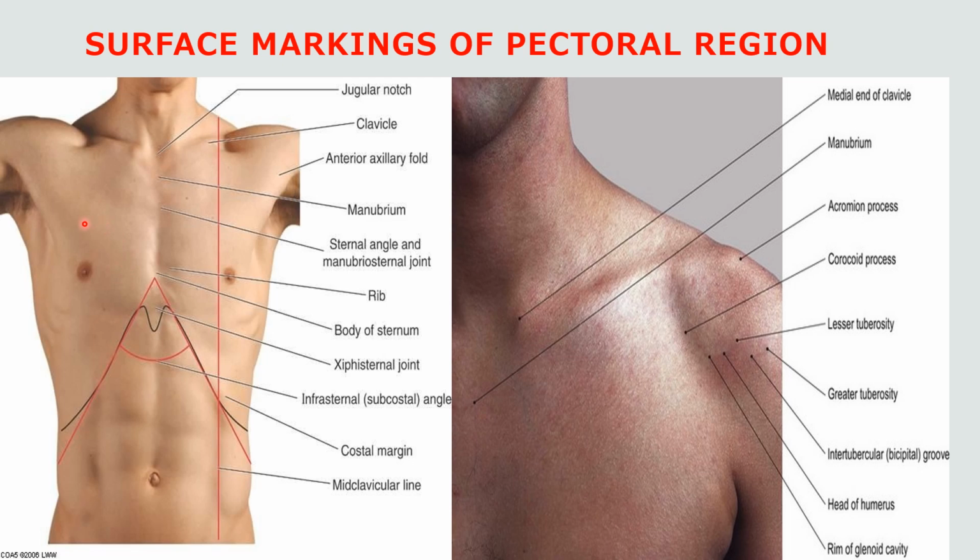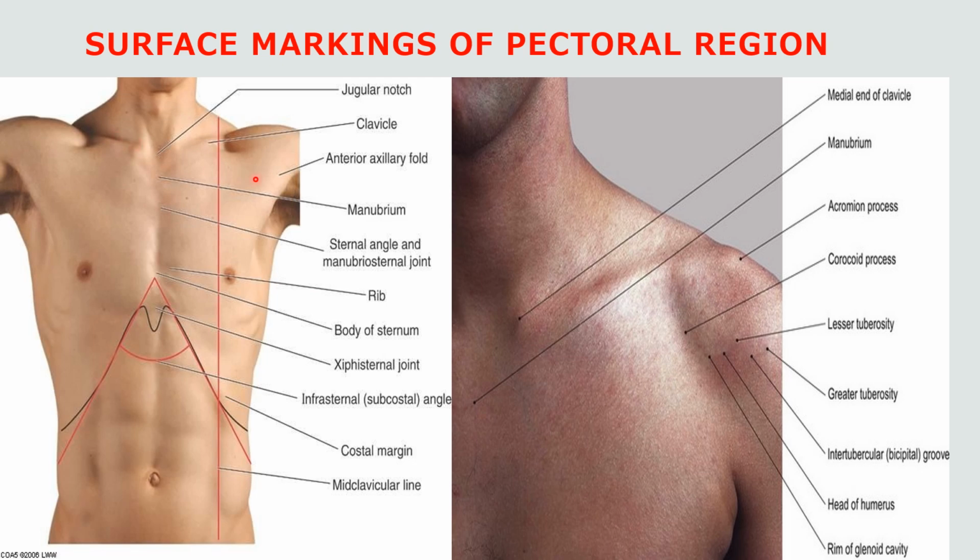So what are the landmarks we have in the pectoral region? Number one, we find here the clavicle. As you can see here, this is the clavicle. It is subcutaneous in location. Subcutaneous means it is present just below the skin. So it is palpable along its whole length at the junction of the root of the neck and front of the chest. It is a subcutaneous bone, it can be palpable. This is number one landmark, the clavicle.